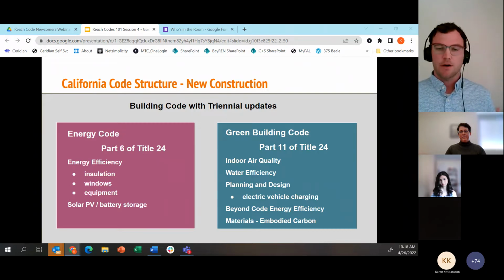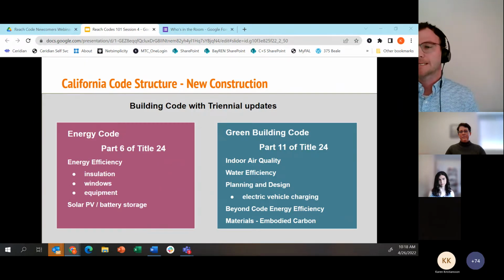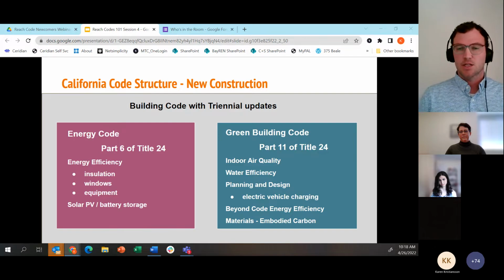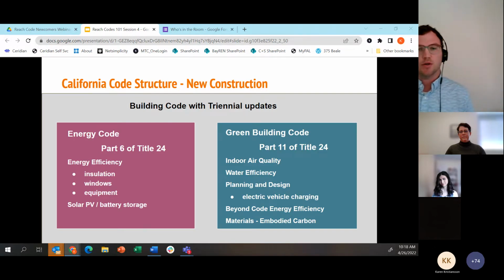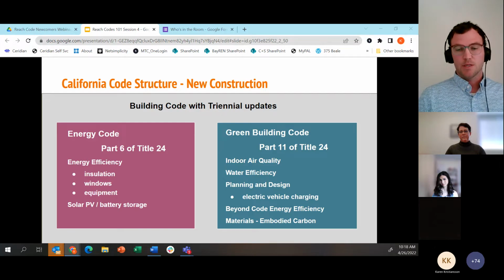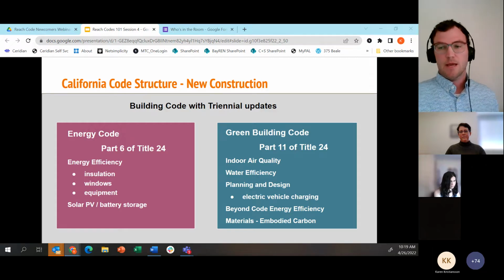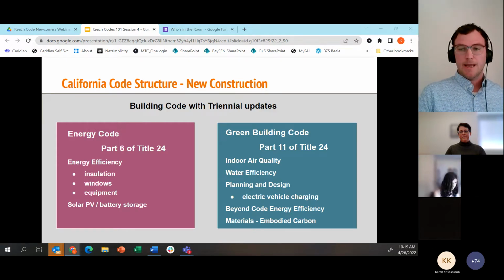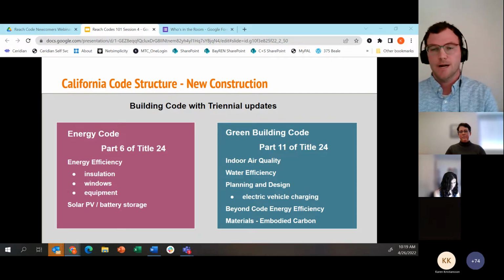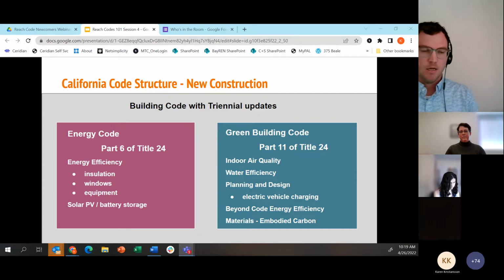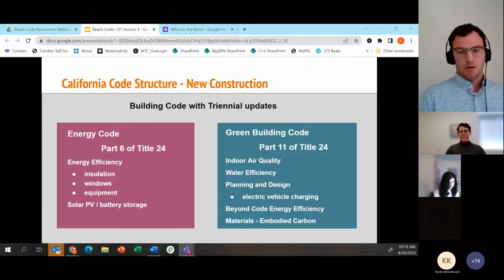It varies by climate zone and by building type, but overall that's the gist. The 2022 code also establishes electric readiness requirements, which will be statewide for new construction in 2022. It expands solar PV system and battery storage standards, and it also serves to strengthen ventilation standards to improve indoor air quality. So that's the gist of the energy code and a brief highlight of the 2022 updates.